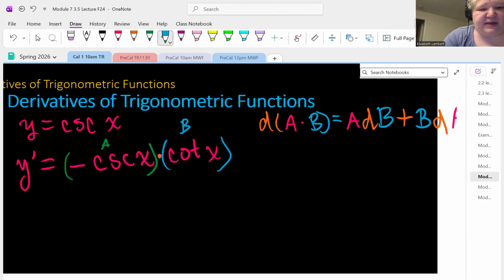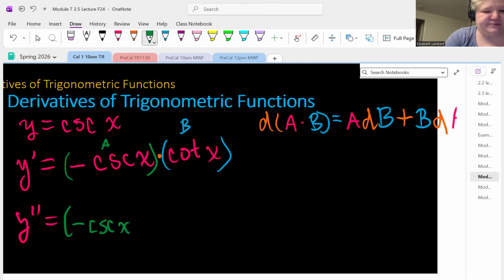This is what I'm calling B. So A is negative cosecant. So when I start doing my second derivative here, I write y with 2 tick marks. I start with A, so negative cosecant x